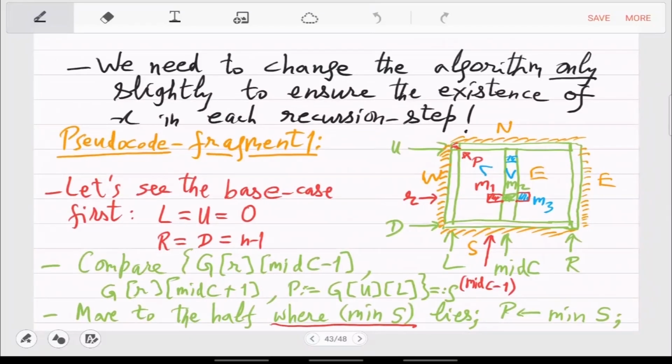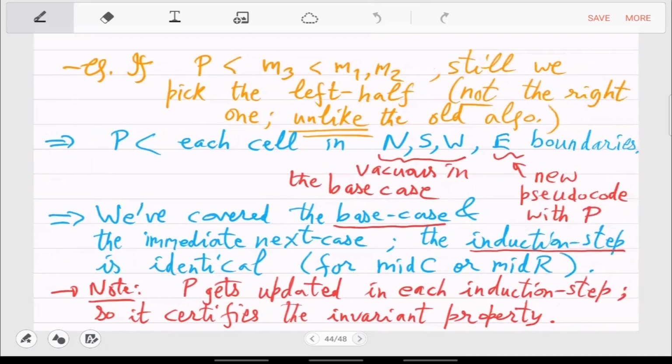In this fragment, now you have to take a transpose of this image and give those three elements, and that is the set S, and then you have to take P to be the min of S. So you do it for column, you do it for row, and then you again do it for column, again for row, and so on. This is the full algorithm.